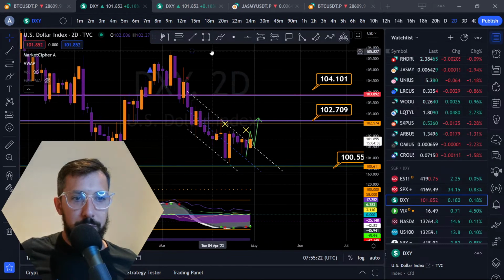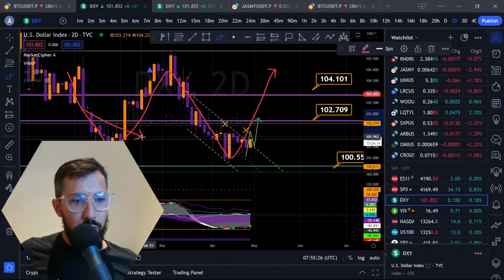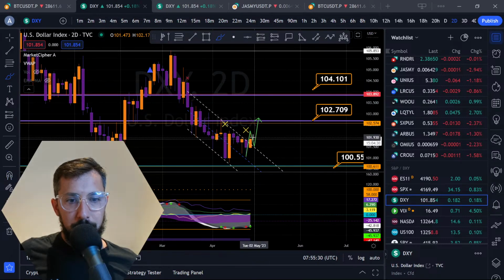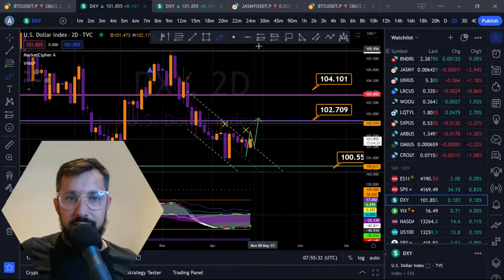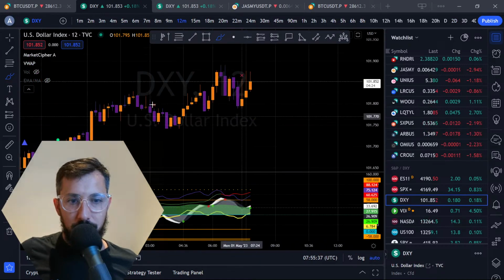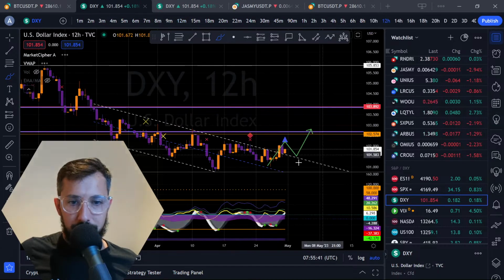We see the beautiful double bottom pattern here. A little bit more of a flag here as we have it drawn out. We did get above this, and we're looking for it to continue to work its way upwards. If it does, that means bearish for Bitcoin, okay? Down, not the 12 minute, I meant to go to the 12 hours, sorry about that.